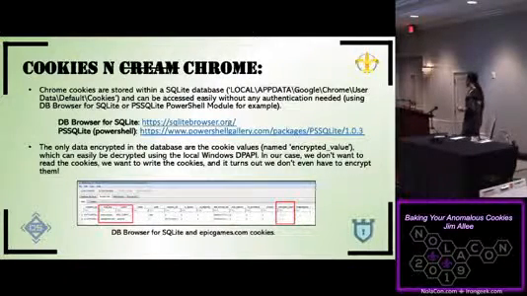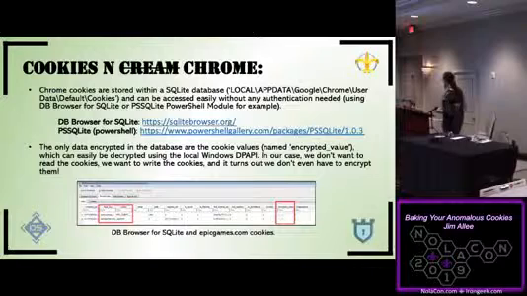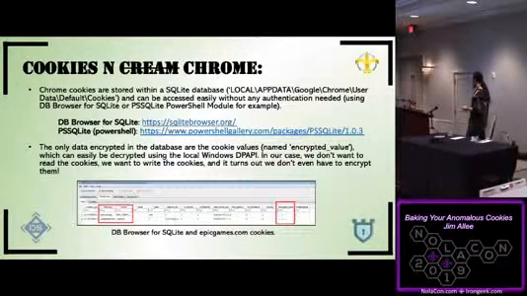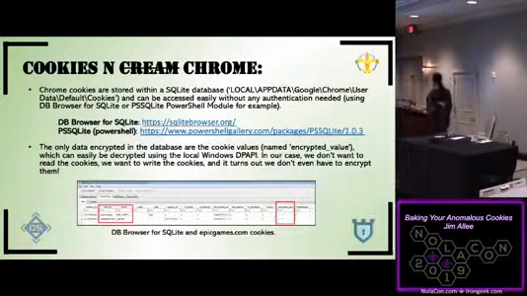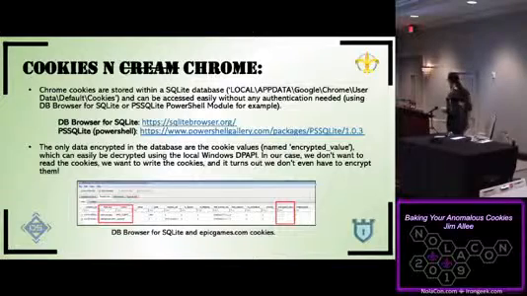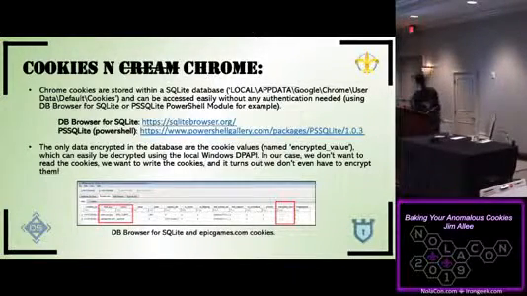So Chrome again. The cookies are stored in that SQLite database in your user directory. They can be accessed with these two programs right here, SQLite browser, and PS SQLite library for PowerShell. On the bottom there's a view of the DB browser and SQLite. Kind of hard to see there, but on the right is the encrypted value for the cookie and the blob value.